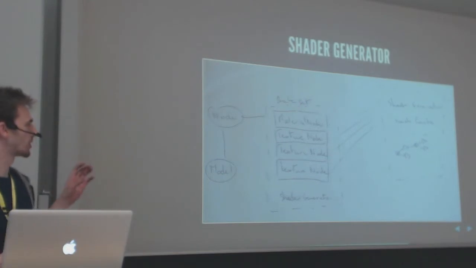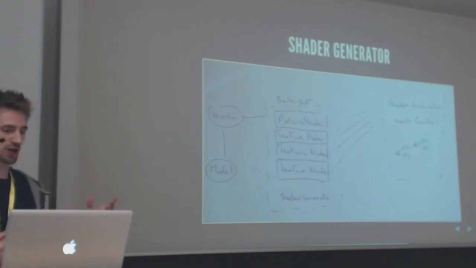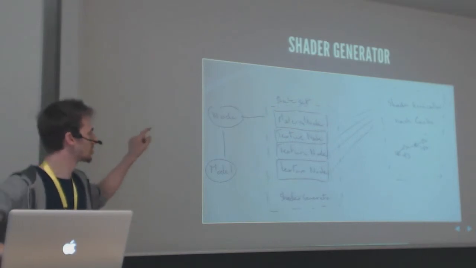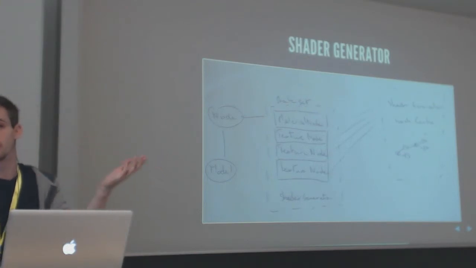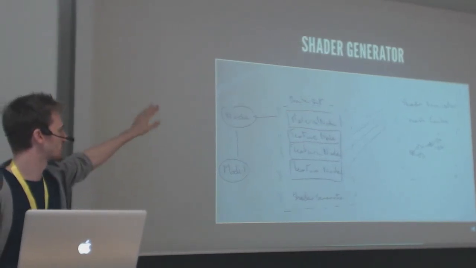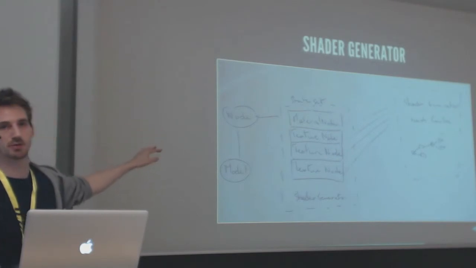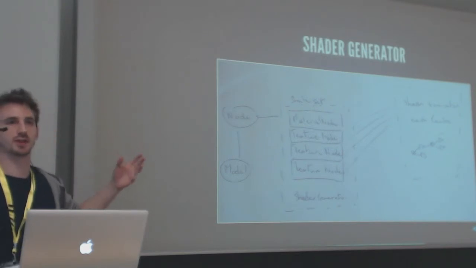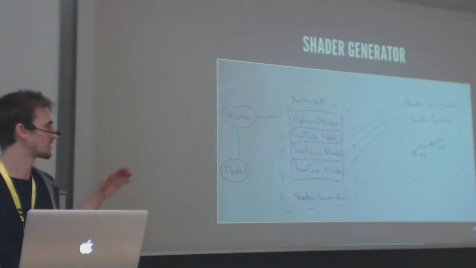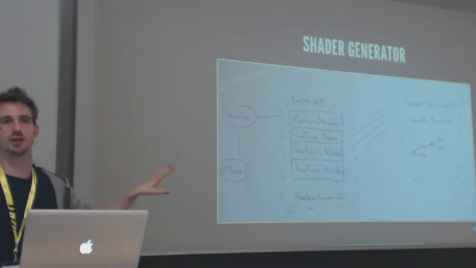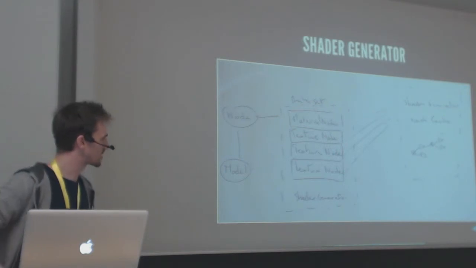So to avoid that, we use a hash. Each texture node will have a kind of signature that will be a string, but could be an int, and this signature will be used as a hash. So when we have, for example, this state set with 3 texture nodes and 1 material node, we will concatenate all signatures with the texture unit taking a quote inside, and we will generate a hash. Then we will generate a shader that will be assigned to this hash. And when we see another state set that has the same configuration, we will use the same shader and we will not generate a new one. That's how it works.